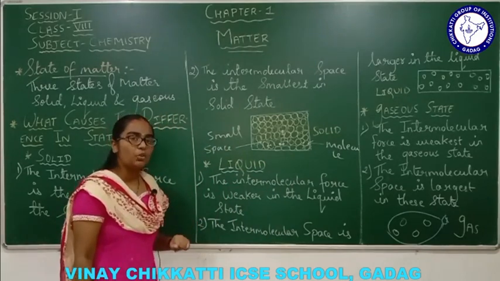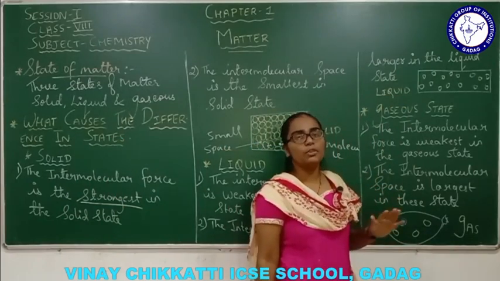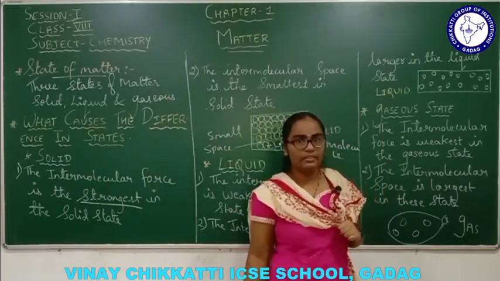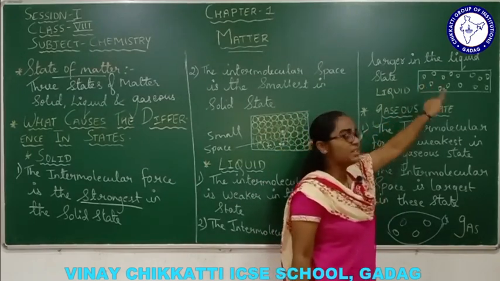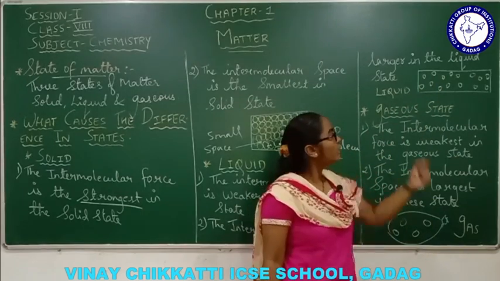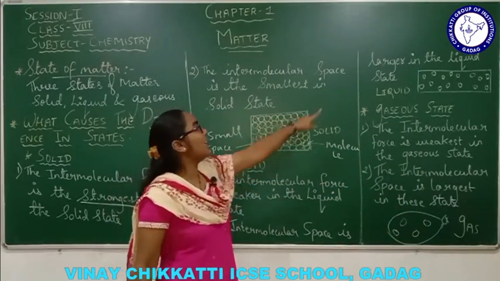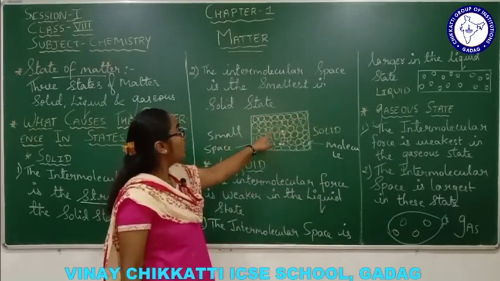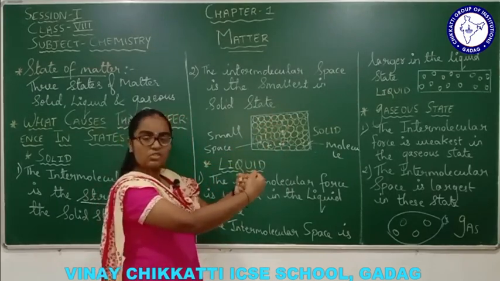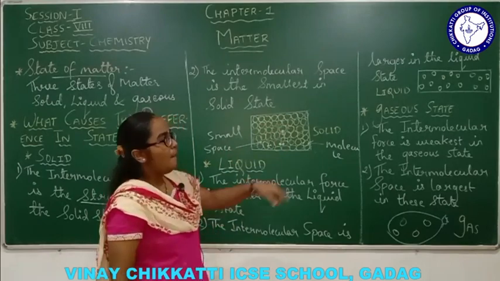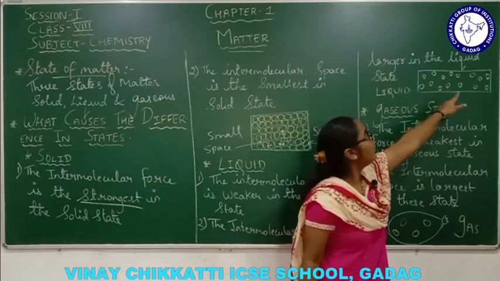Now in liquid also, the liquid is made up of tiny particles called molecules, because liquid is also considered to be a state of matter. The molecules represented with the yellow chalk are very tiny. But you can compare the diagram between the solid state and the liquid state. In solid state, you can see the molecules are held very close to each other. But in the liquid state, the molecules are a little away from each other.